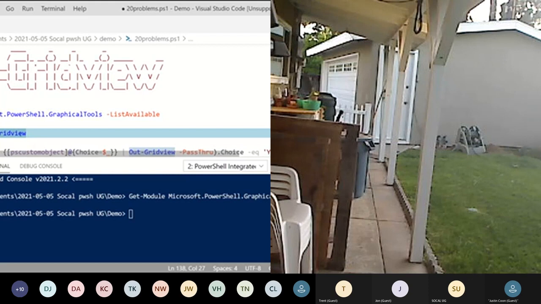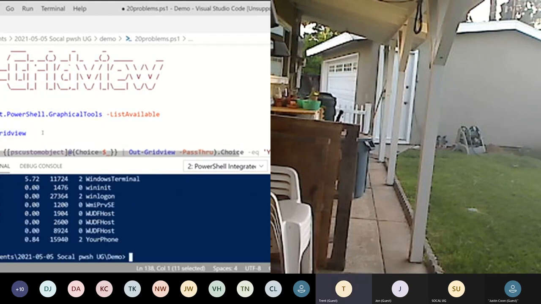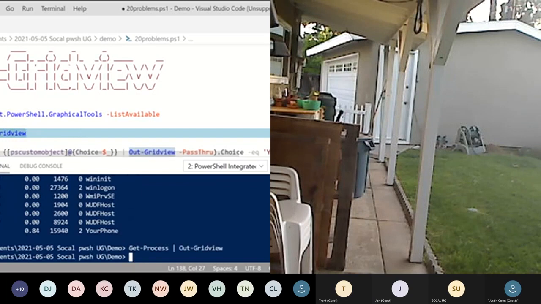So what that gives us, if I do Get-Process, then obviously I'm going to get a lot of information. If I pipe that into Out-GridView, it pops up behind my console, but let me